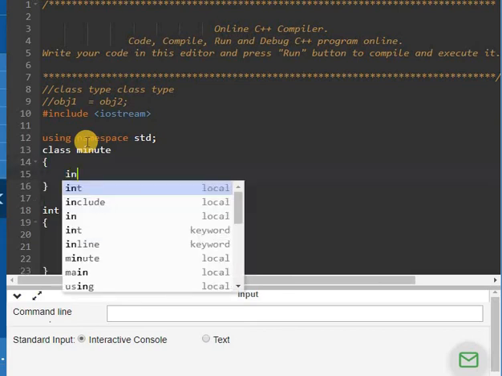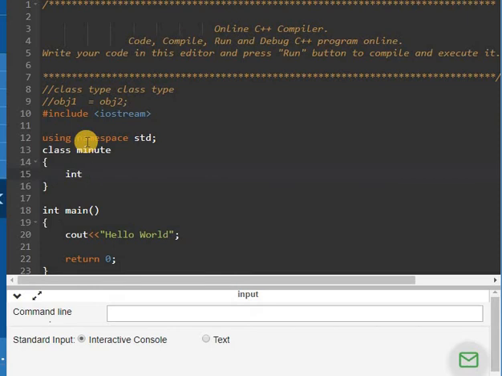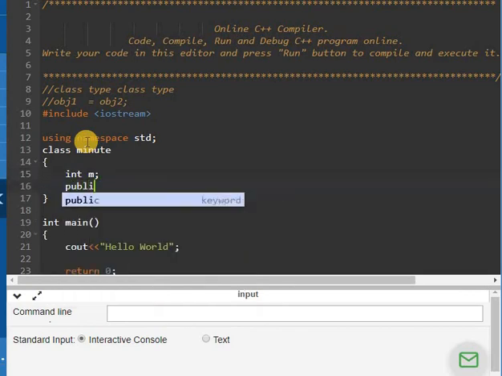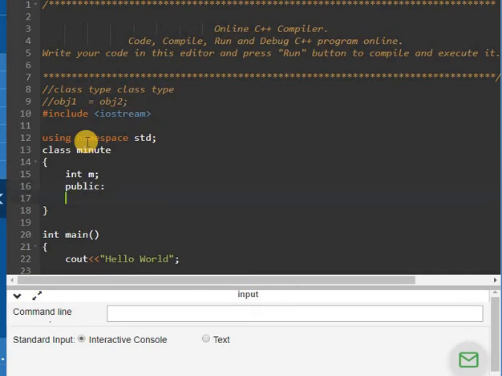In this class we will have one variable, minute or m. In the public section, this topic will recall the operator overloading concept to you as well. This is a default constructor, and in this constructor I have taken m is equal to 0.